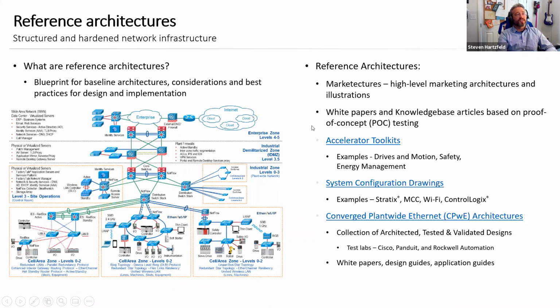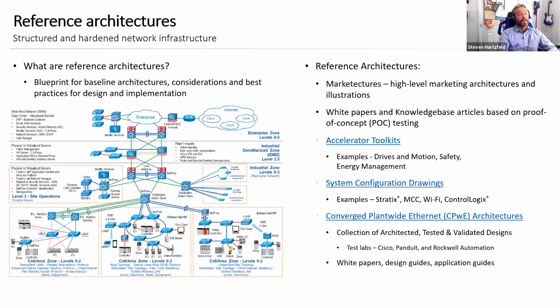So those reference architectures I've mentioned repeatedly, what exactly are they? These are basic blueprints for baseline architectures, considerations, best practices for design and deployment. Some examples of reference architectures in a completely different space altogether, like marketectures, which are high-level marketing frameworks and designs. They might be white papers or knowledge-based articles based on proof of concept testing. It might be in the form of an accelerator toolkit, of which Rockwell has several, like Integrated Architecture Builder,